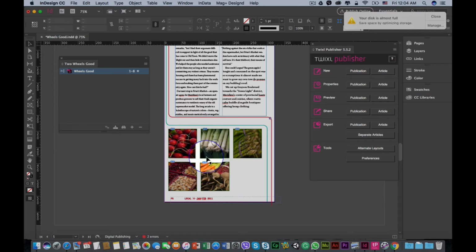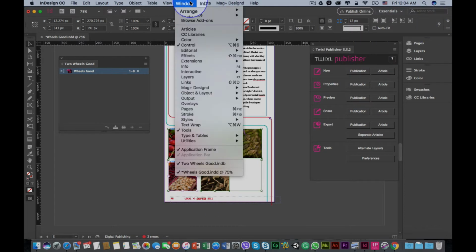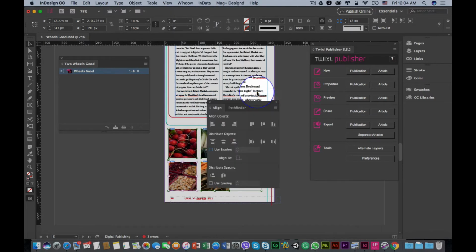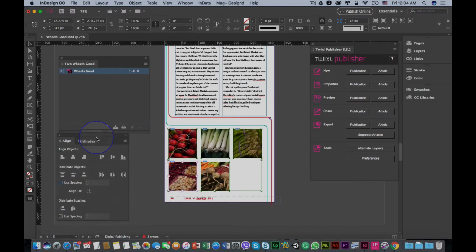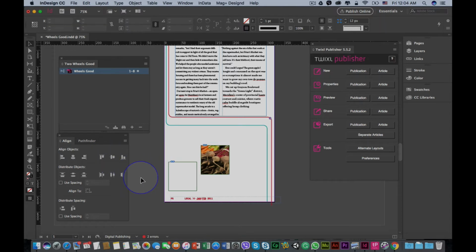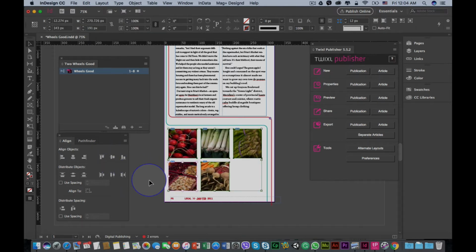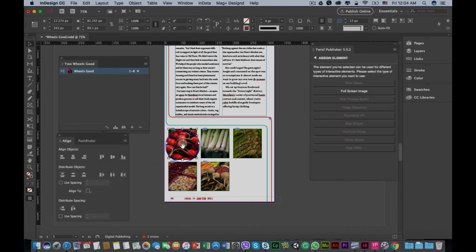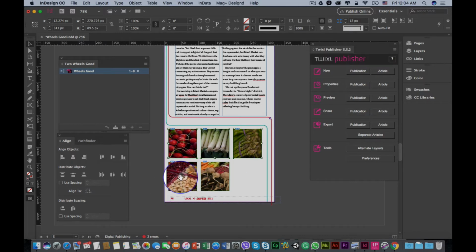And now I'm going to select all of them back like I did previously, and I'm going to use the align panel. So I will go to Window, Object and Layout, Align, and with the align panel I'm going to choose align center from bottom. Okay, this is a mistake which I've done. Let me just undo, because when I was clicking over it, I by mistake clicked on this circle in this image. Let's deselect that. Make sure you don't click in the center, because I'm going to select the inside image. We don't want that. I'm going to align it again